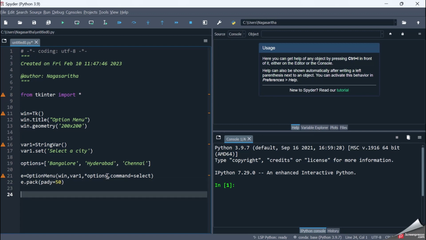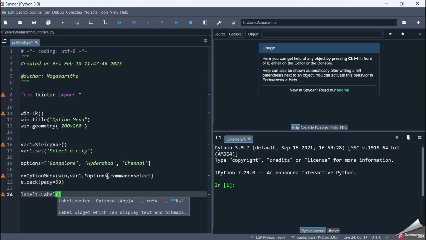Now, after the user selects any of the options, I want the text to be displayed on the label. The text should say you have selected this particular city. So for this, let me create a label variable. Let me call it label1 equal to Label, place it in the main window,